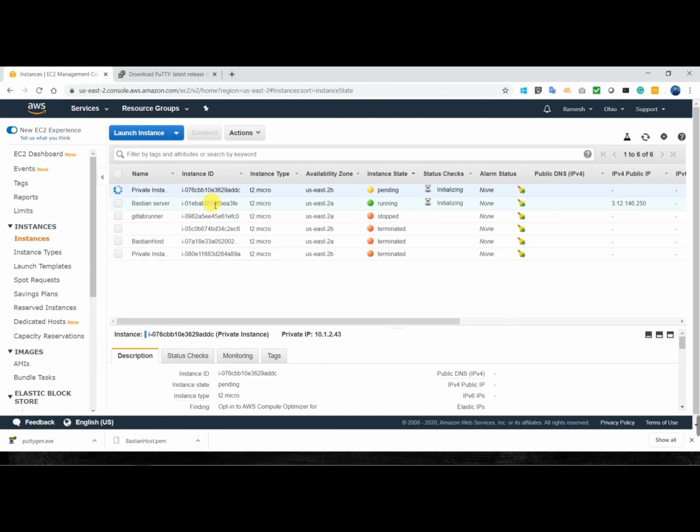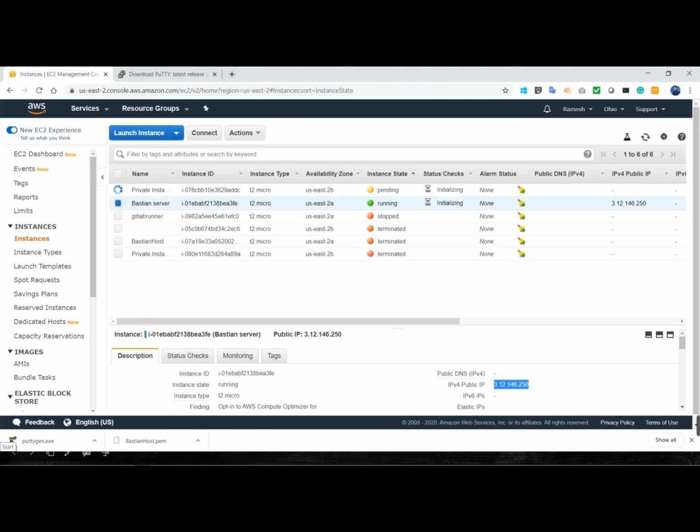So this is my Bastion instance, which is hosted in the public subnet. Let me take the public IP, and then I take Pageant, which is an agent forward, which will be used to connect to my private instance afterwards.